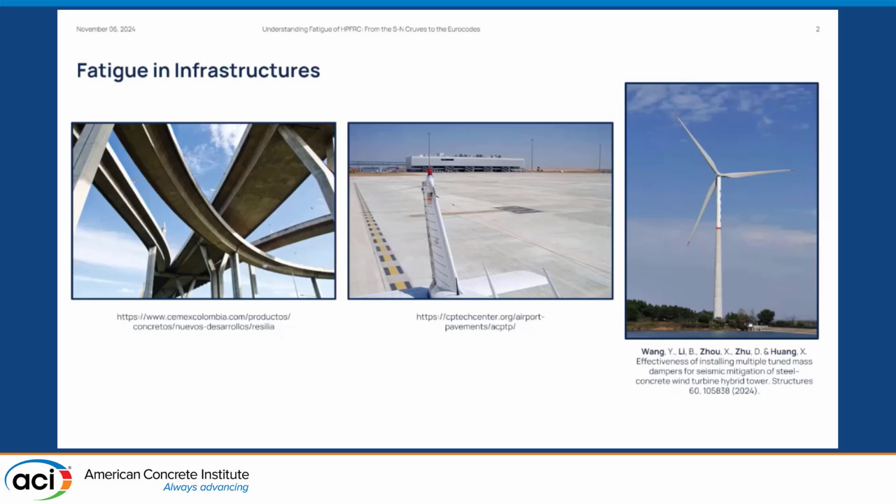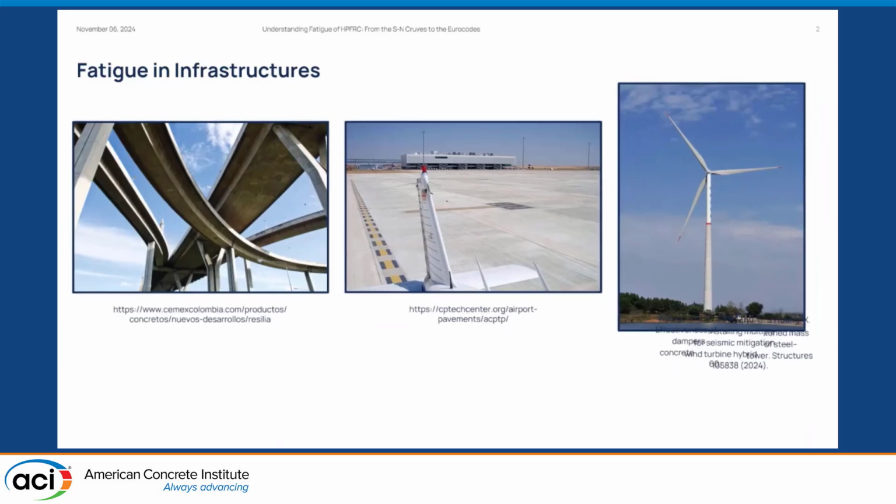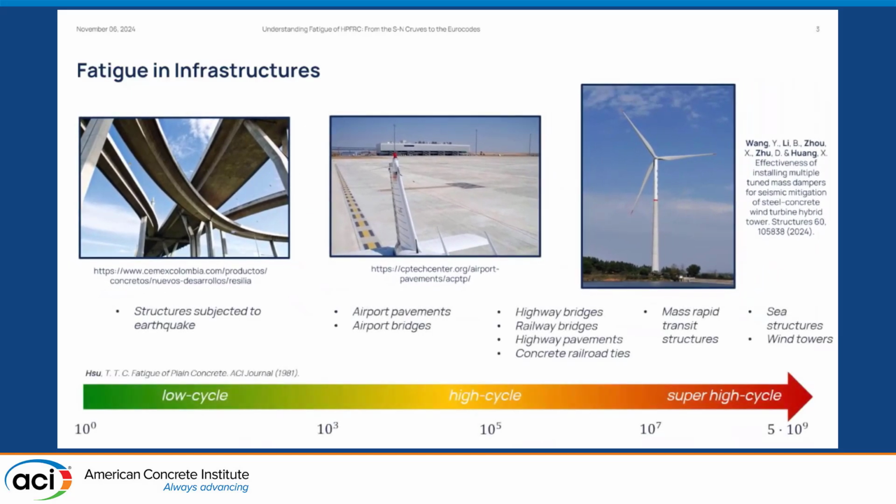are being constructed with FRC, going from deck bridges to pavements, industrial floors, airport and highway pavements, and more so are energy harvesting infrastructures, such as hybrid wind turbines, but also, and we saw as well a few examples during the convention, energy storage infrastructures. And by their nature, these kinds of structures may be subjected to a number of load cycles during their fatigue life, from a few thousand up to millions or even billions in the case, for example, of energy harvesting infrastructures.